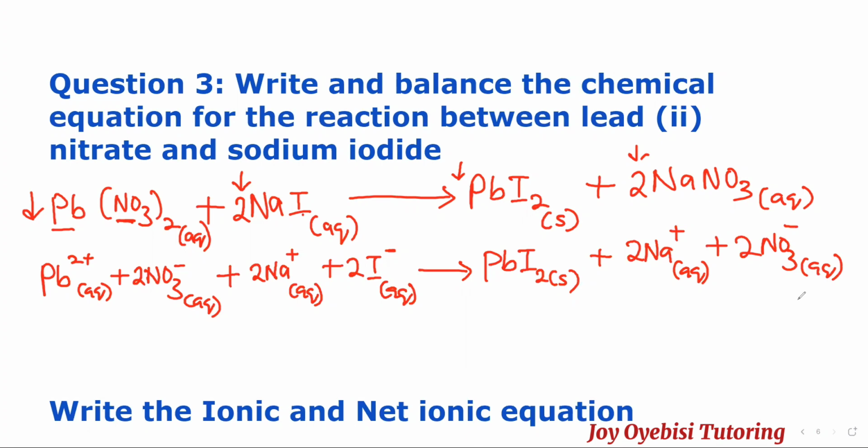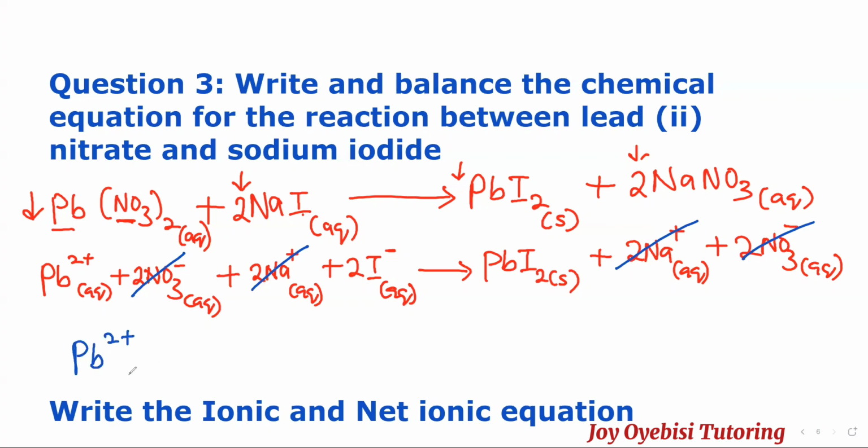Now, to get the net ionic equation, we're going to cancel out the ions that appear on both sides of the equation. So these ions are called spectator ions. Okay, so the first one I can easily see here is the nitrate. You have nitrate on both sides, so that would go. And sodium on both sides, that would also go. Now, at the end of this, there is no more. So your net ionic equation is going to then be